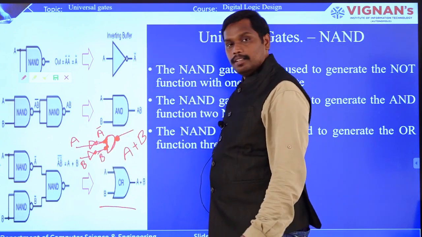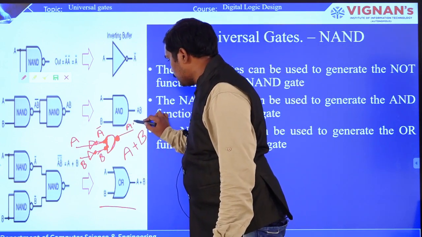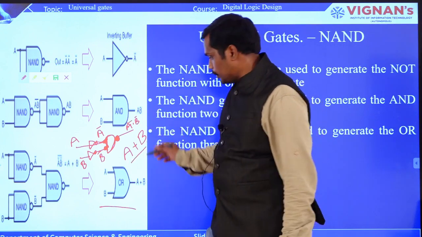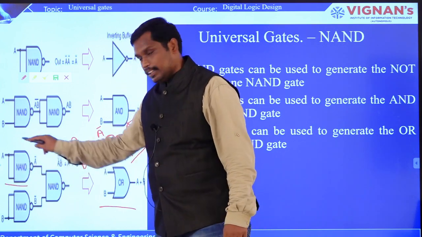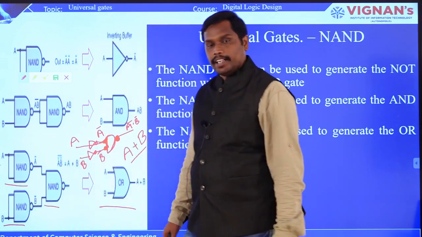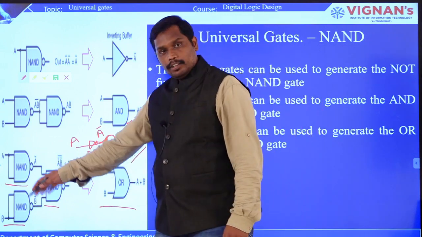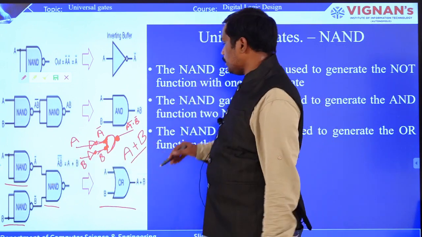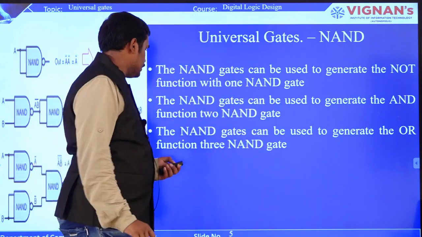So A bar, B bar, you are going to have a NAND, which means NAND of A bar and B bar, and using De Morgan's law, it will be converted to A plus B. So this is why you convert A to NOT of A with a NAND, and NOT of B with a NAND, and the general NAND that is there, right. By this you are going to get A plus B. Is it clear? So this is how with 3 NANDs you are going to have OR. Is it clear? So this is the general method of how you represent gates with NAND, right.